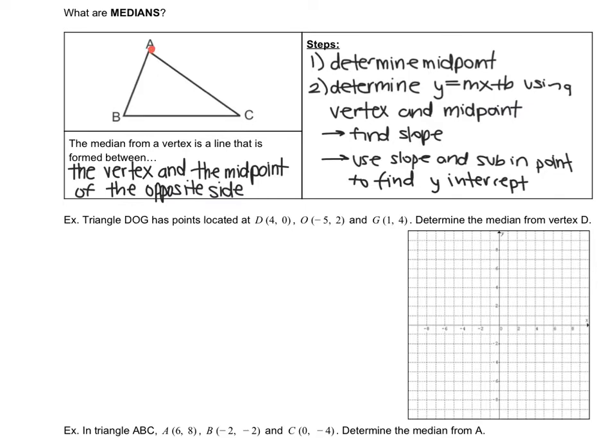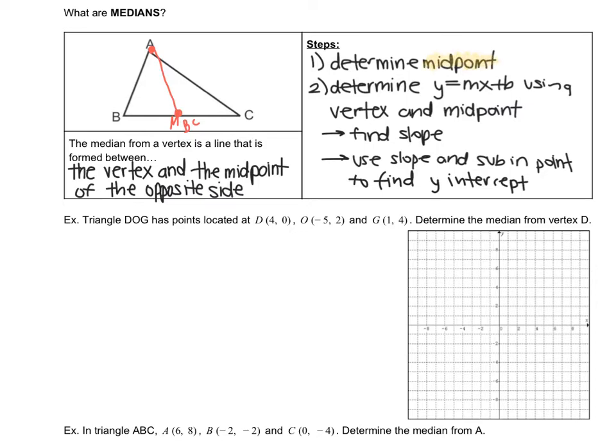A, and the opposite side is BC. So I need to find the midpoint of BC. And if I connect those two coordinates, then that is my median. So for the steps to determine the equation of the median, if M is for midpoint, step 1 is to